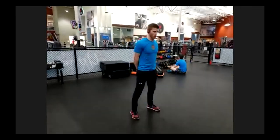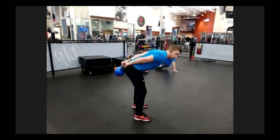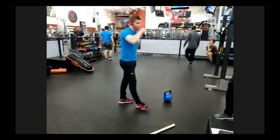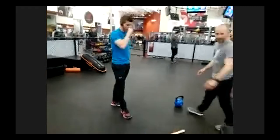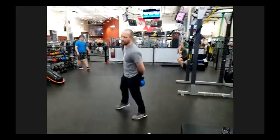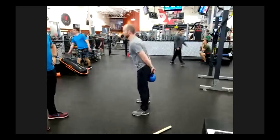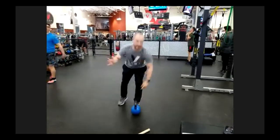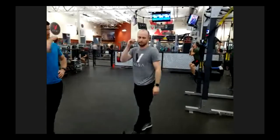Right, this is a great T-spine mobility drill as well. And one thing on that one too, guys, is I'm just taking my butt, right? If I'm coaching it, I'm literally just saying, hey, take your butt, put it in the bell. That's all it is, just giving them back that butt into the bell. Okay. And then from there, we're going,